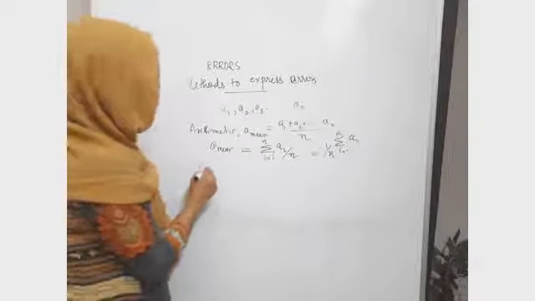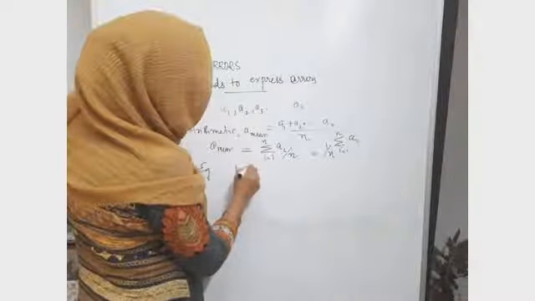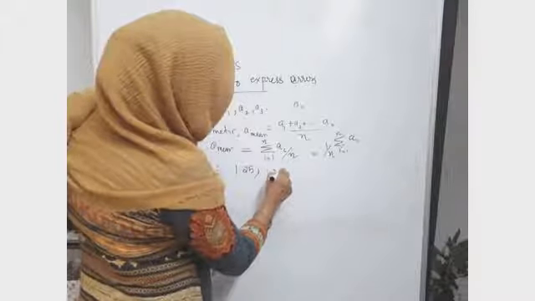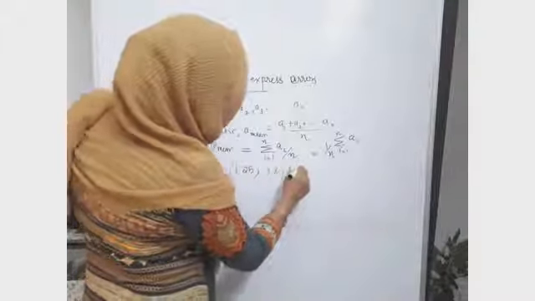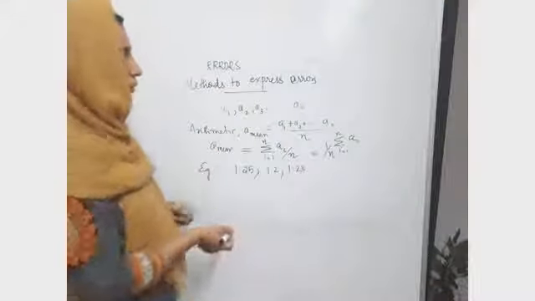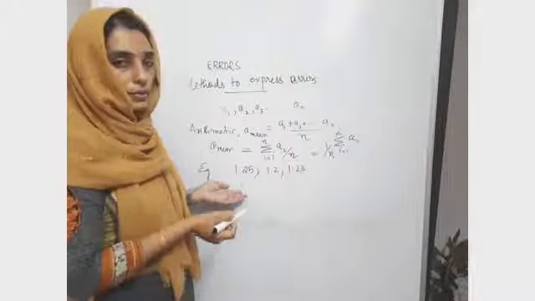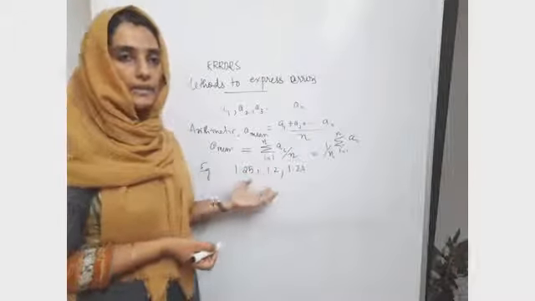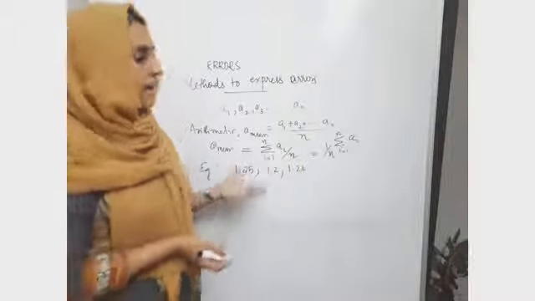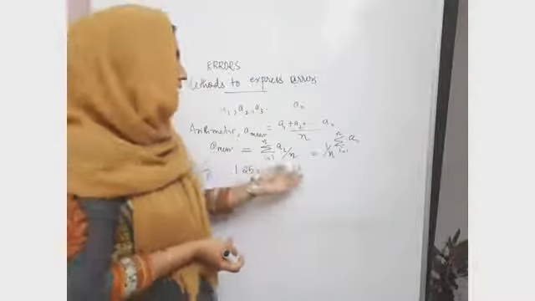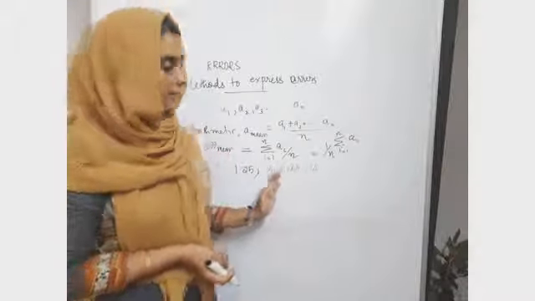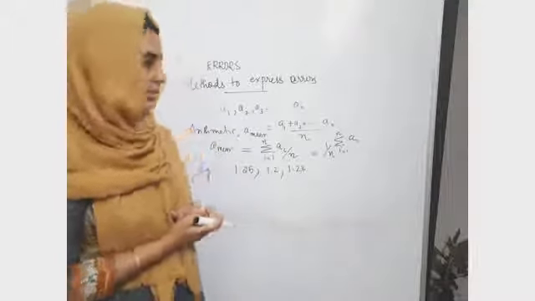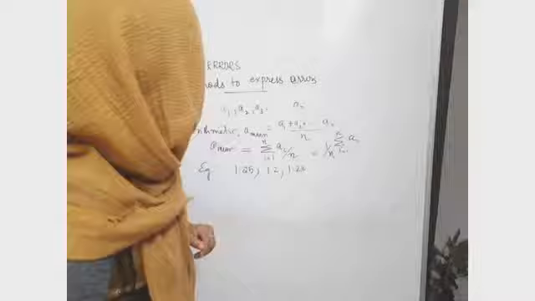Suppose, for example, you have three values: 1.25, another value 1.2, and also 1.24. If you want to find the arithmetic mean of these values, how will you do it? 1.25 plus 1.2 plus 1.24. You will add these values and divide by 3. That value will lie somewhere between these values, and it can be considered as the true value of the set of observations. Now, how will you find out the error?